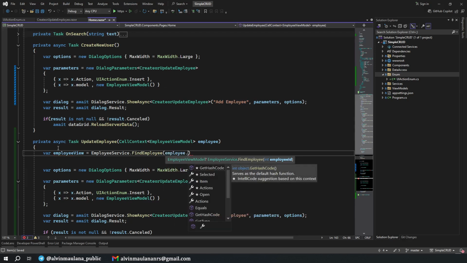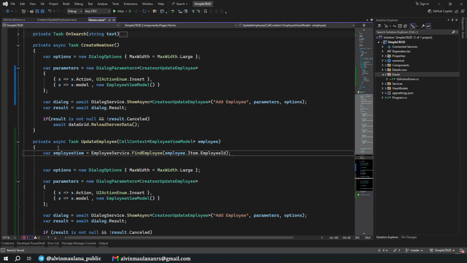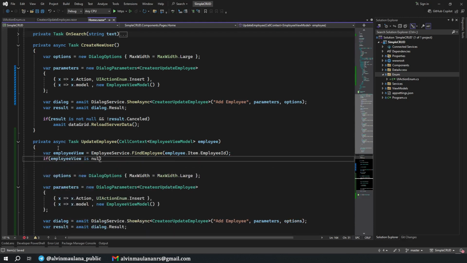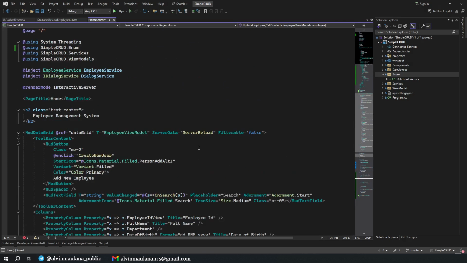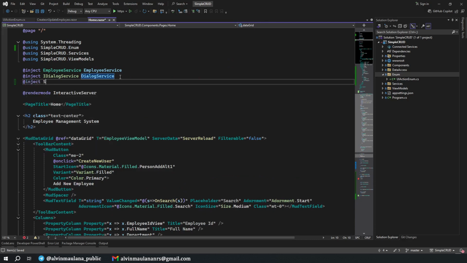Okay, and search item employee ID. Okay, if the employee view is null, we will have a snack bar. Do we have a snack bar? Oh, we don't, we need to inject the snack bar first.